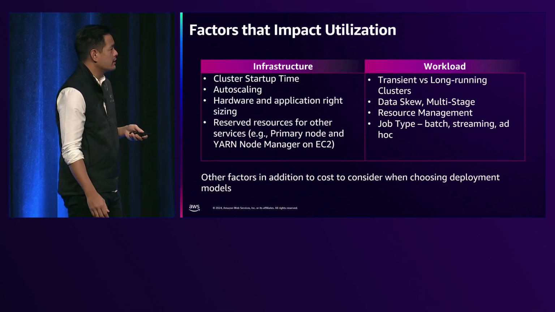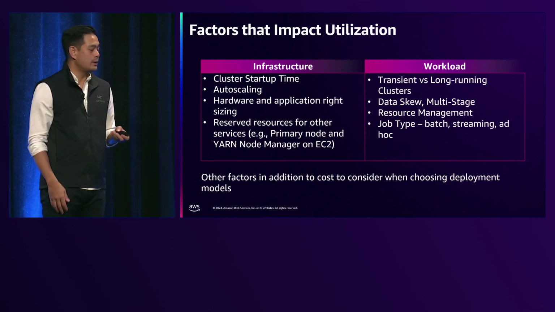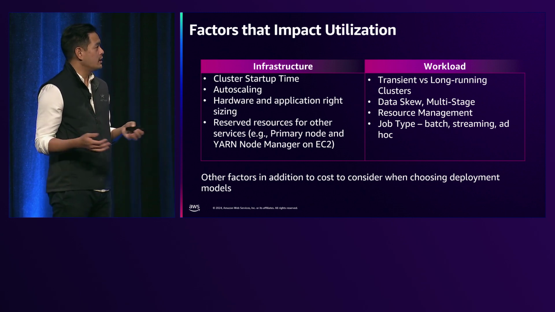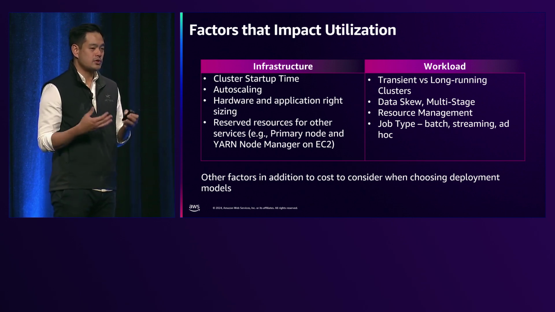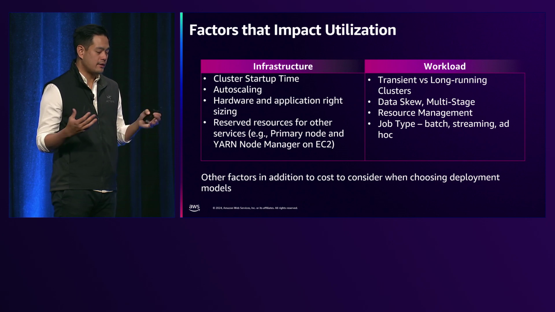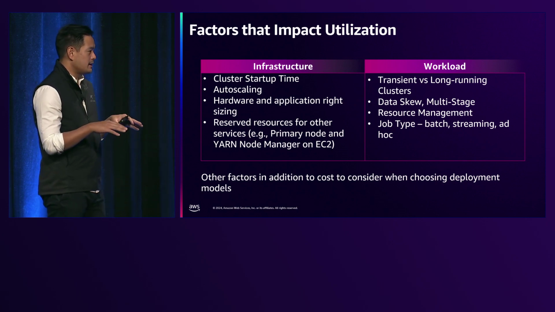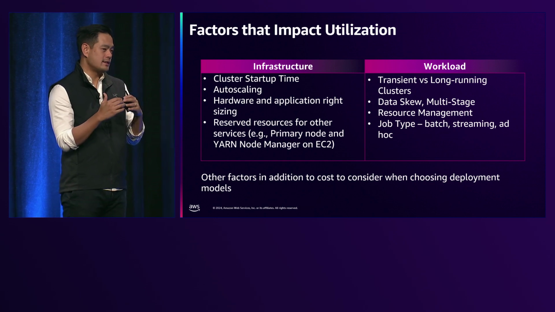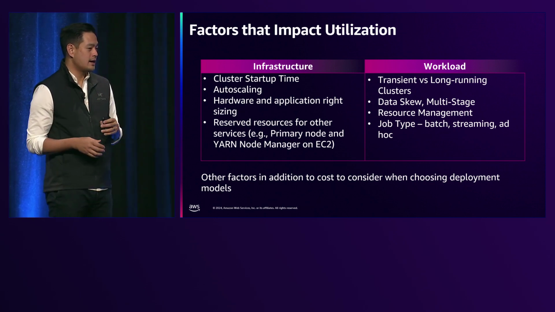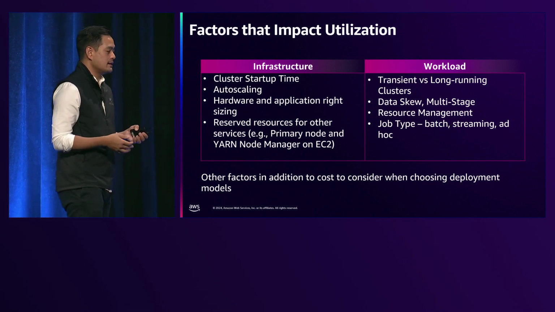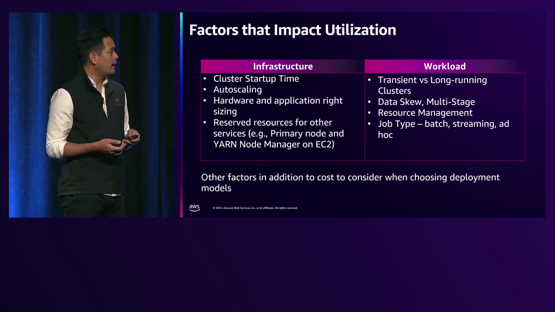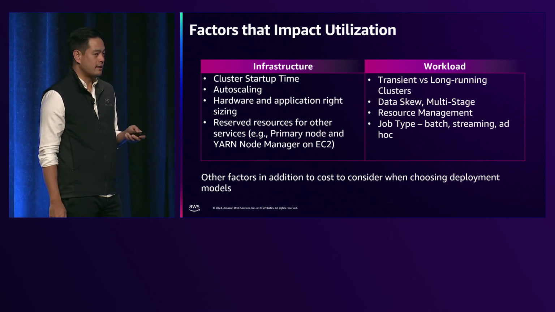And because that is time you are paying for on the EC2 side, it needs to be factored into your overall utilization calculation. On the workload side, we've seen that certain workload types just generally have better utilization. We have some customers who run streaming applications and they know that they need 10 or 15 executors always running all the time, and they will size their instances to perfectly fit those executors. So in those cases, your utilization is going to be really high, and